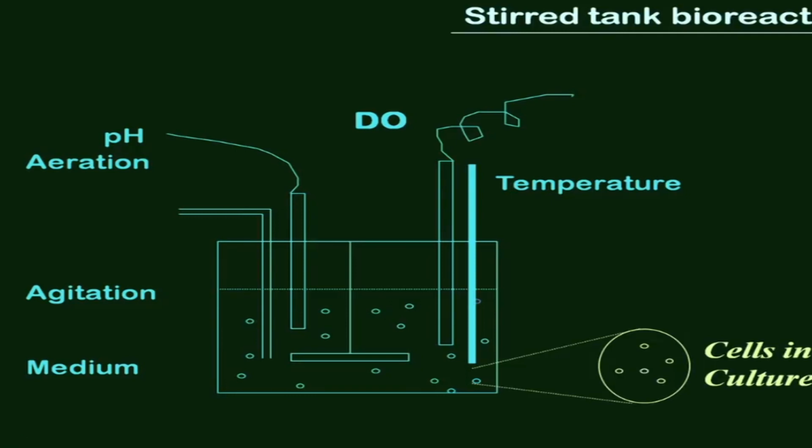Many bioprocesses or bioreactions take place in a narrow range of pH. The aeration happens here, air is used here, agitation of course we talked about, and the medium we already talked about. What I would like you to bear in mind is that the stirred tank is a vessel, okay,